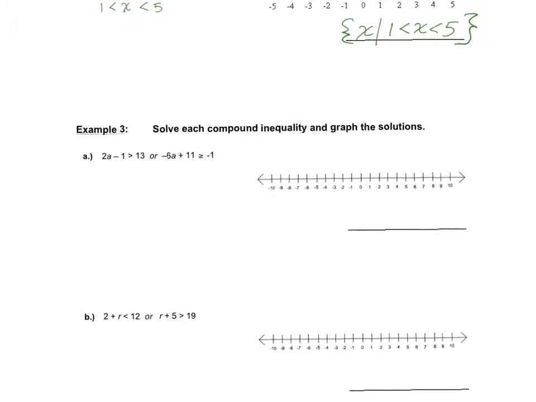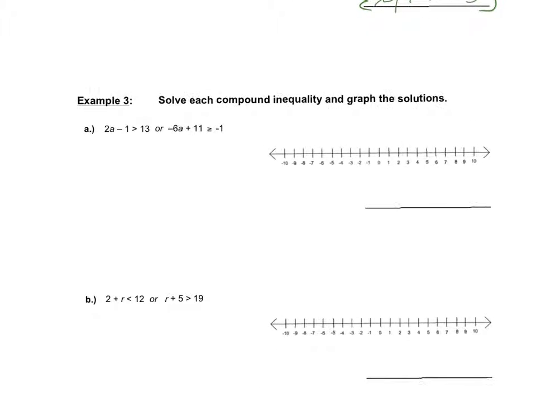Okay. Notice this one is an or inequality, and I can tell it's an or inequality because it's got the word or. You're going to solve them separately, separate inequalities. Add 1. You know that 2a has to be greater than 14. Divide by 2. A is greater than 7. That's the first one. Or